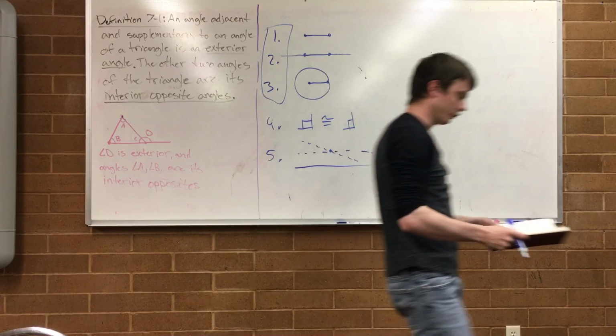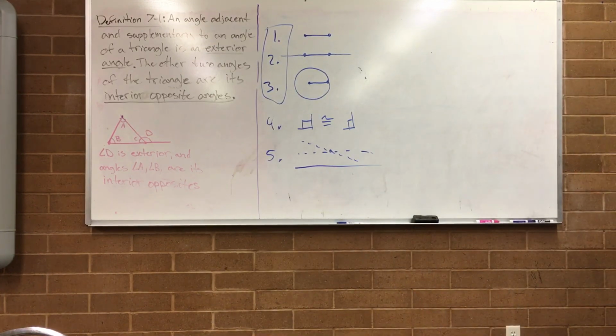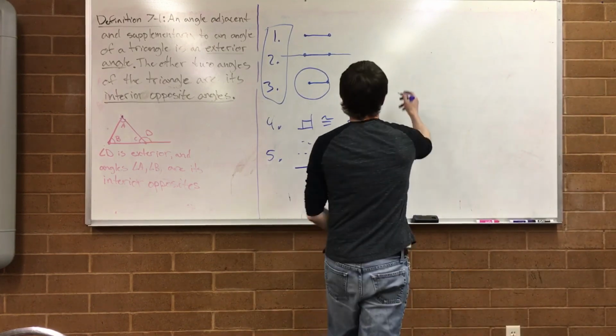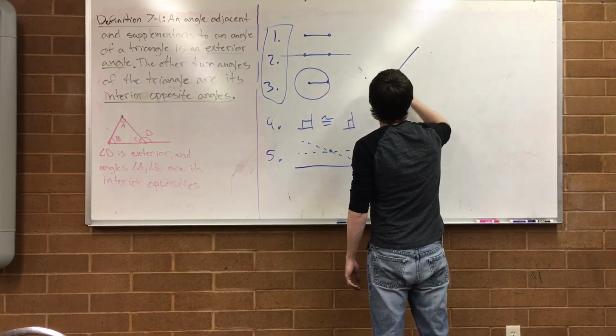Alright? So first RC construction he wants to do is copying an angle. So copying an angle of a triangle. So if I have some angle A